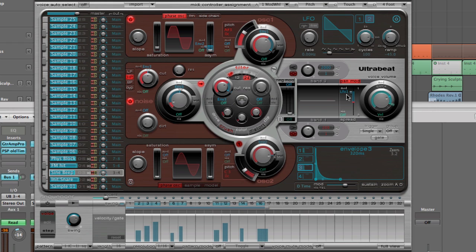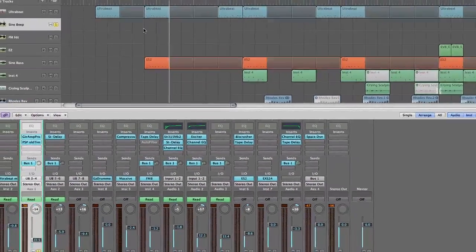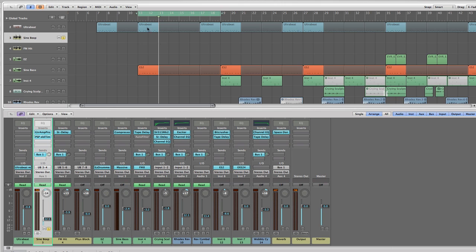Oh, by the way, it's also got some pan modulation on, which is a really cool thing. Basically the pan of the sound is being modulated with LFO1, and that means that the sound moves around a little bit in the stereo field, which stops it from becoming too stale and sterile. Actually, before I move on to the next sound, I just wanted to show you some automation. This thing's playing quite a repetitive sort of